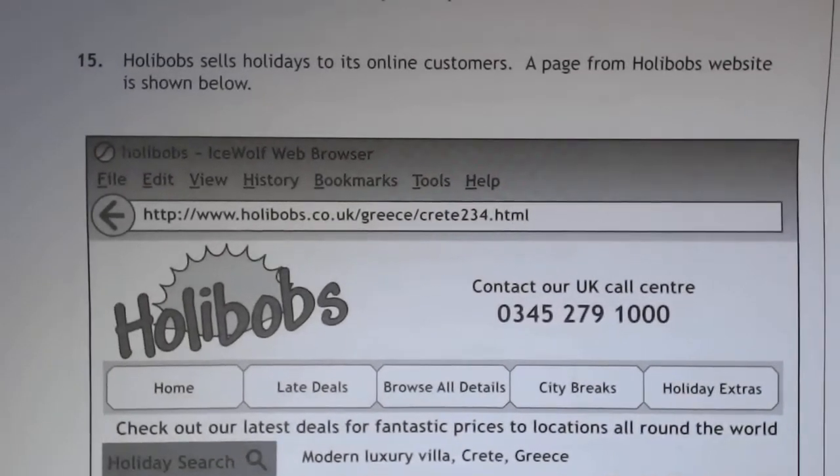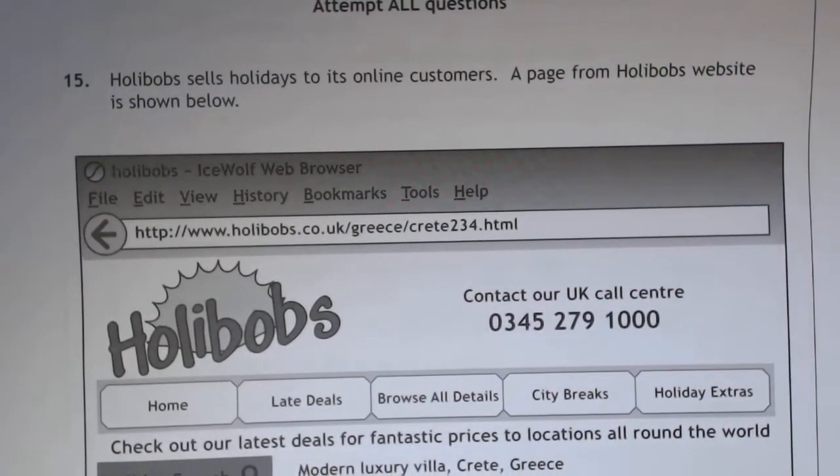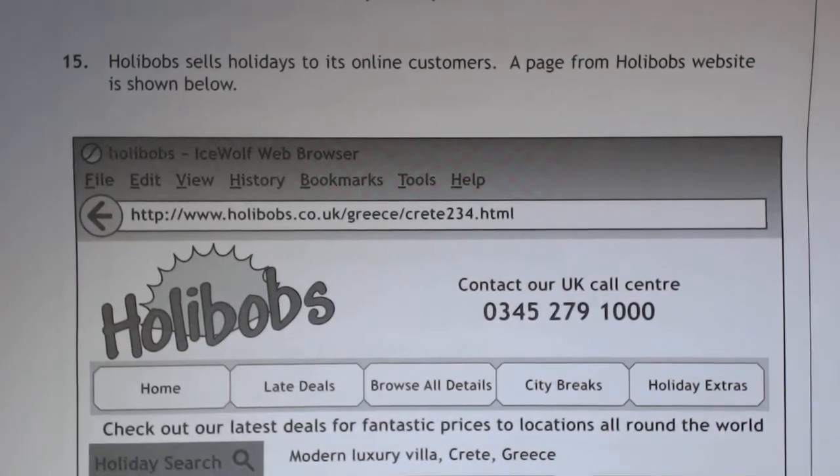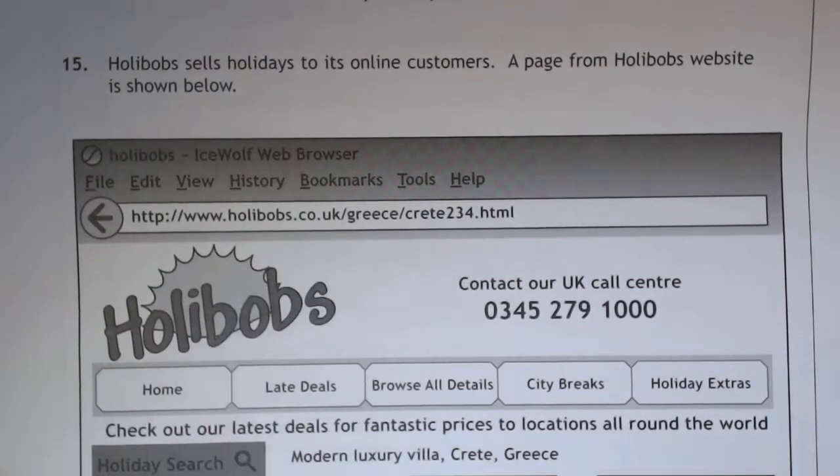Hey, here's question 15, second time lucky as I forgot to turn the microphone on the last time I recorded it. So here we go, picture of a website,